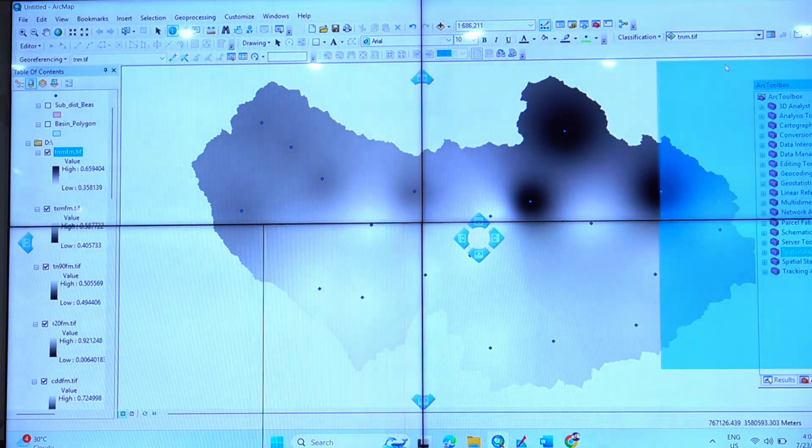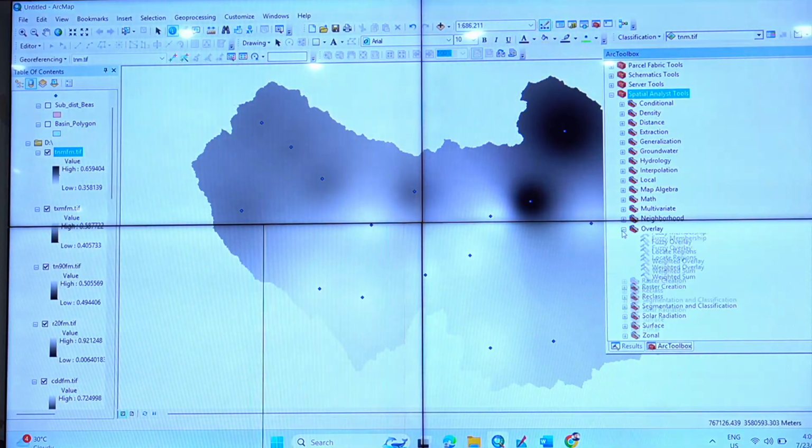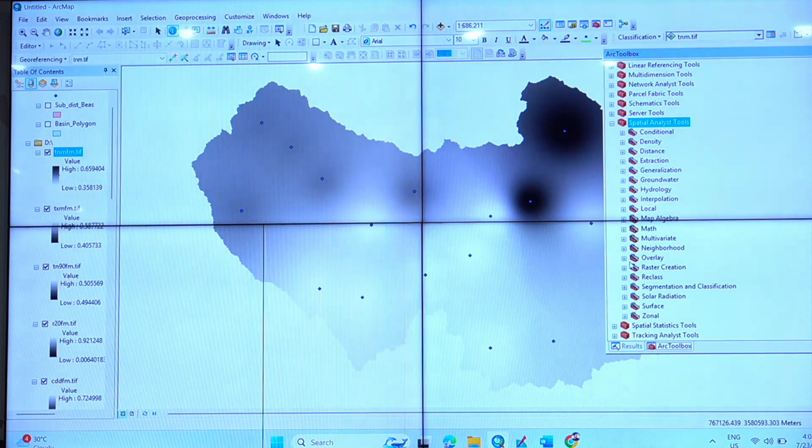This is the main toolbox. Go to spatial analysis and then overlay, click on overlay and then go to fuzzy overlay. The title I showed you, the fuzzy analytical hierarchical process, fuzzy overlay.